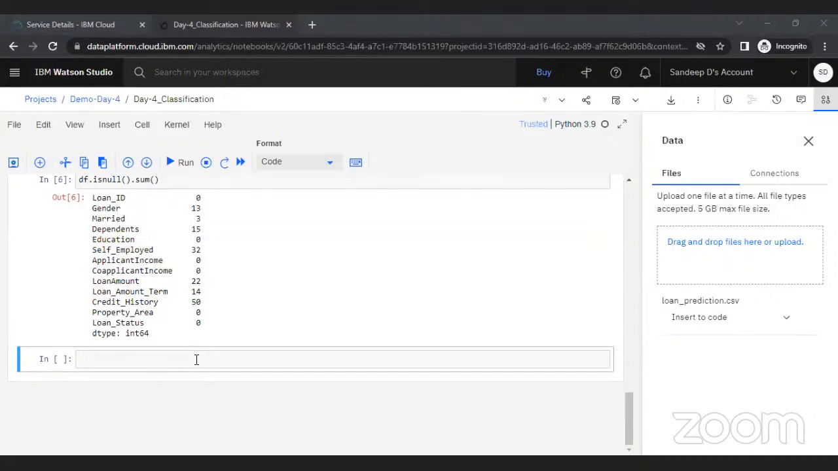Okay, so we have the null values. So now we need to treat the null values. For treating the null values, first let us see what type of null values are there. Here we are having null values in gender, married, dependent. Let us check the data for